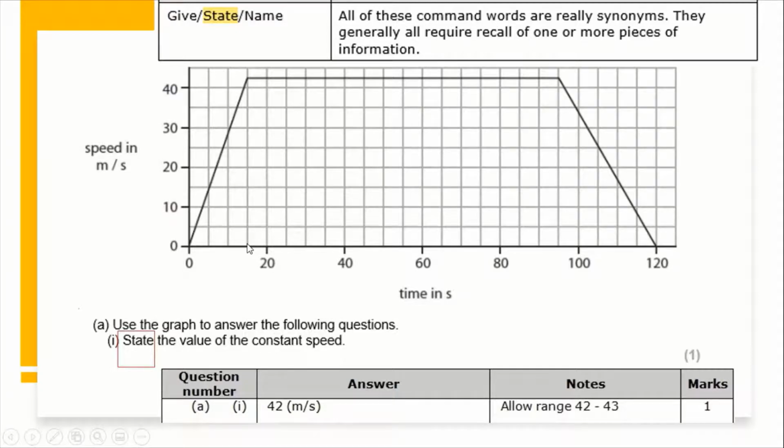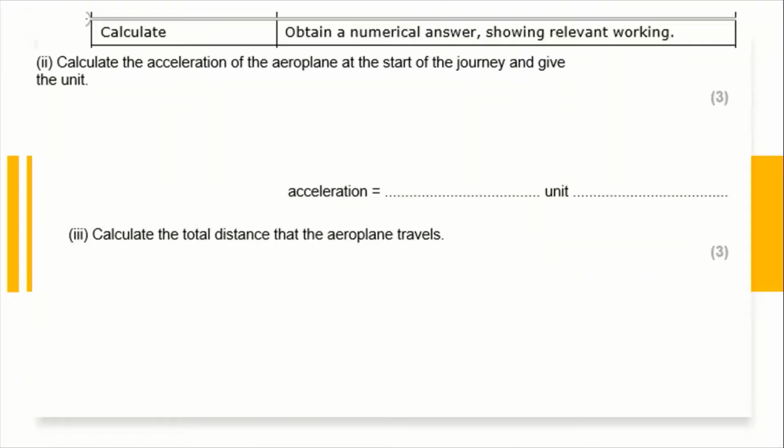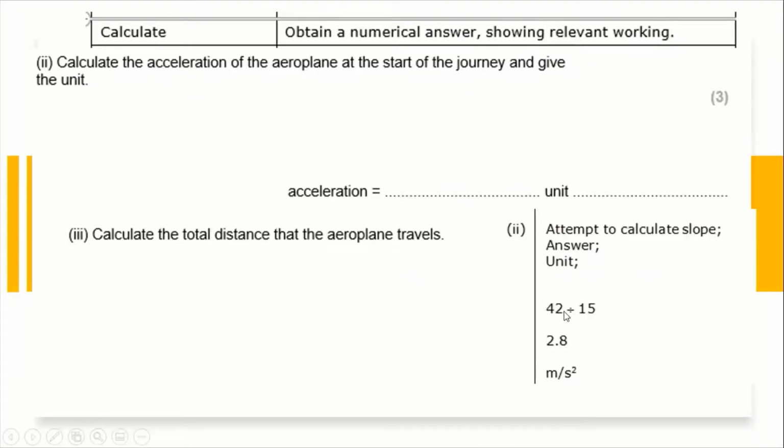Usually you need to take the biggest triangle in order to make your final answer accurate. So the rise is 42, run is 15, right? So rise over run, 42 divided by 15. So here you are showing that you are trying to calculate the acceleration using the slope,